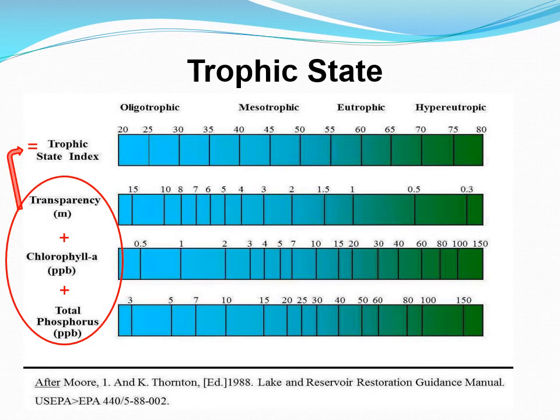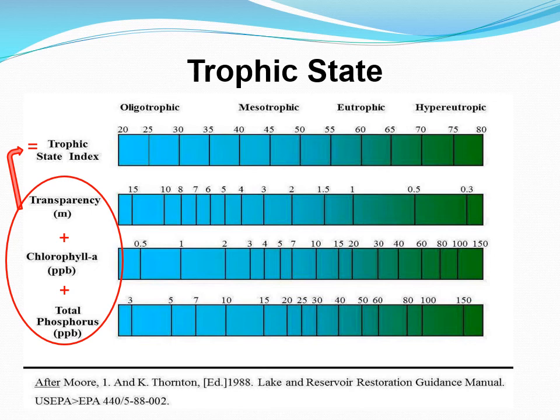Now it's time to talk about this concept of the trophic state. This means how rich is the food chain within a lake. That's most of the time related to the sediment type that there is in the lake, or I suppose the inputs coming into a surface water. So really hyper-eutrophic lakes and water bodies are going to be rich in nutrients. They're going to support a lot of algae growth, phytoplankton growth, and then those in turn would support the higher trophic levels above them, plankton, planktivores, small fish, large fish. So as you move from hyper-eutrophic through eutrophic, mesotrophic, and oligotrophic, you're going to have a much more scarce food chain.